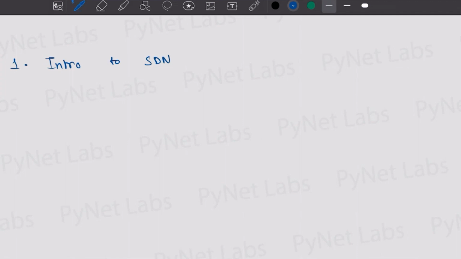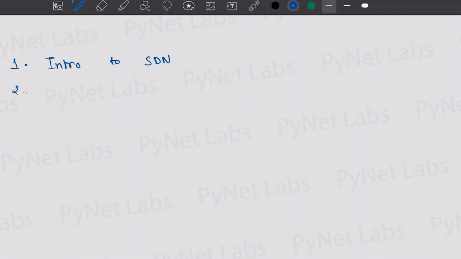So now, I was saying that the first thing we'll be exploring in the training is going to be SDN. SDN is a word which everyone of you must have heard of. It stands for Software Defined Networking. This is a new way of managing and controlling networks. So it is important to understand how it works and how automation can help us in this new world of networking. Once you are good with that, then